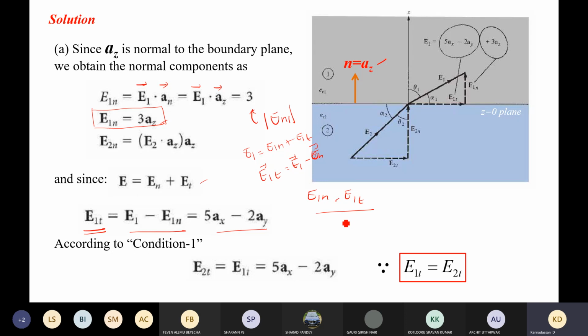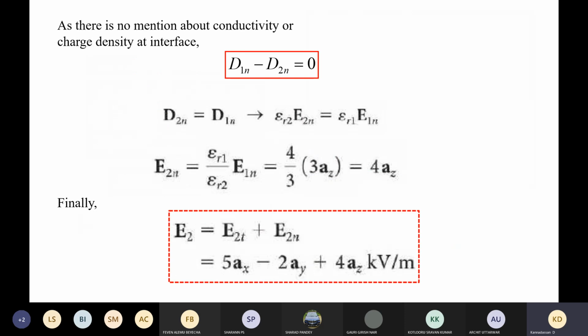Now we can apply the boundary condition. The first boundary condition is that the tangential components in both the mediums will be the same. Therefore, the second medium's tangential component is equal to the first medium's tangential component. By the way, we got the same result itself. Now, what about